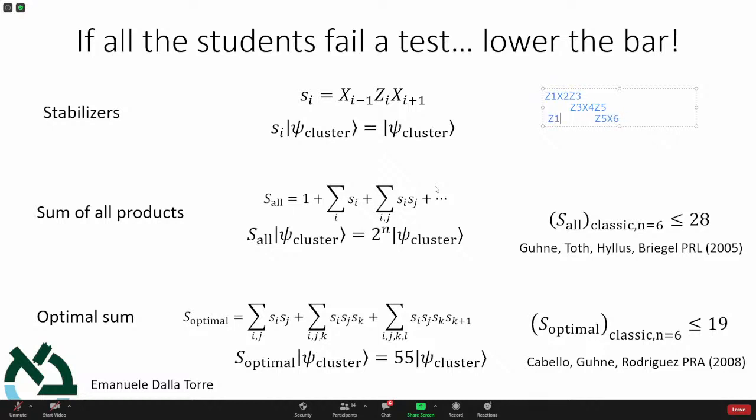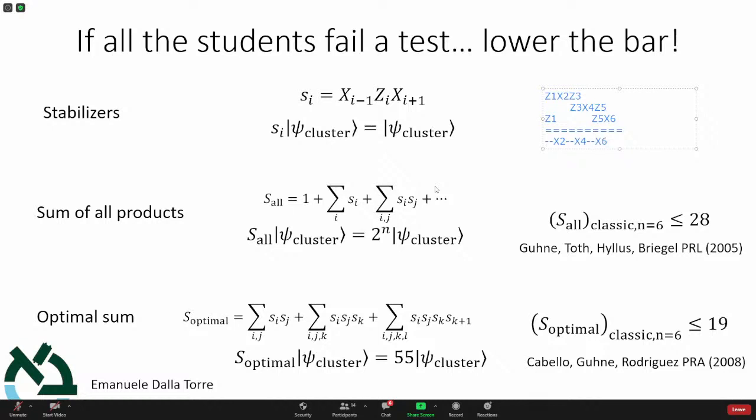So this is essentially 3 stabilizers. And I know for sure that the state is an eigenstate of each of the stabilizers. So it would be an eigenstate of the product of the stabilizers as well. Now, what is actually the product of this? I'm taking the first stabilizer times the second stabilizer times the third stabilizer. What do I obtain? Well, I obtain Z1 times Z1, but Z1 times Z1 is just the identity, so it's always giving me 1. So I get X2. Here I have Z3, Z3, it's the identity. Here is X4, and then X6.